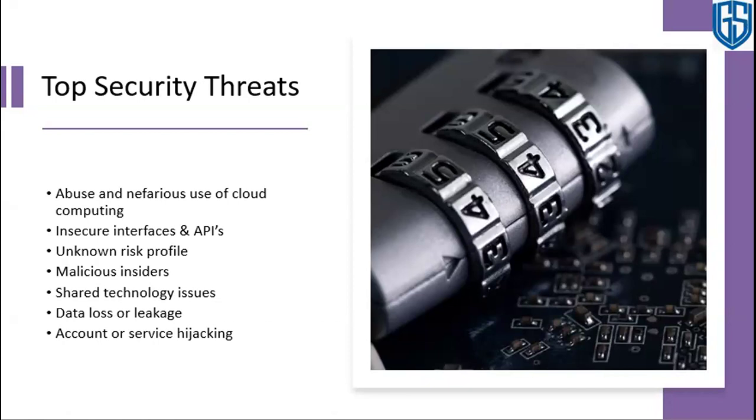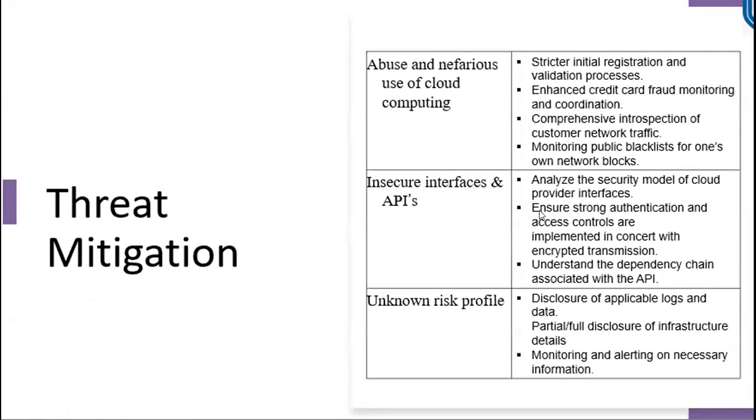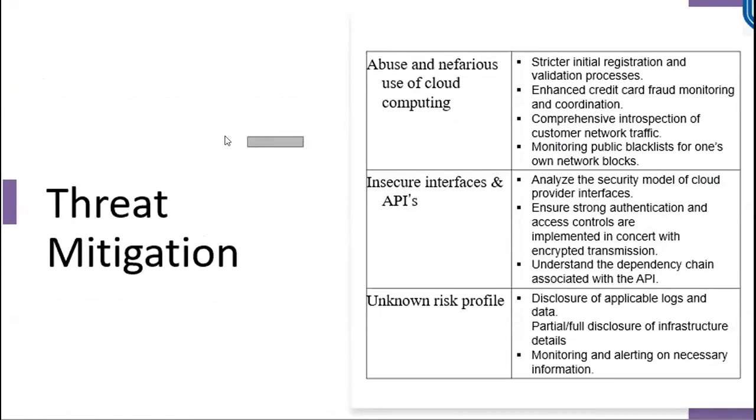Okay. So these are the top security threats that are available. So how do we avoid all this? There are different threat mitigation techniques. These are part of cloud security as well as cyber security. We'll implement these techniques in our cloud as well. So how do we stop this abuse and nefarious use of the cloud? We have to monitor many things. We have to validate many things. We have to understand the problems and we need to find the anomalies.